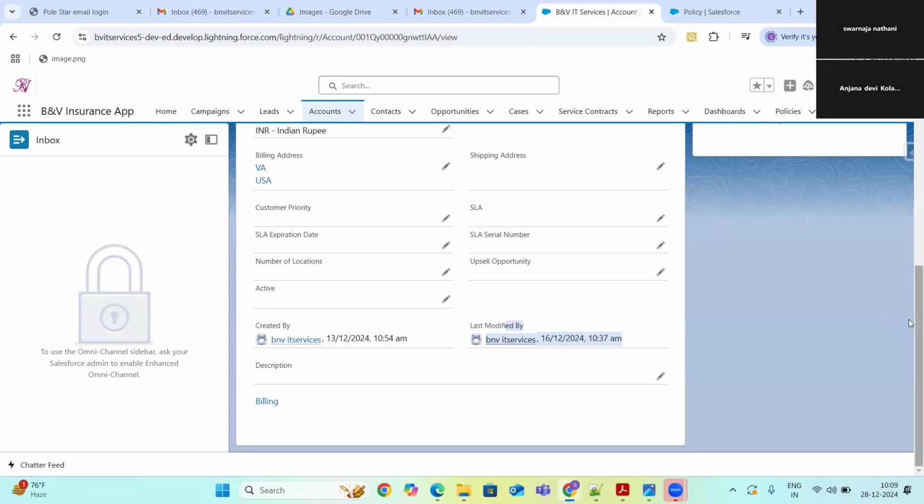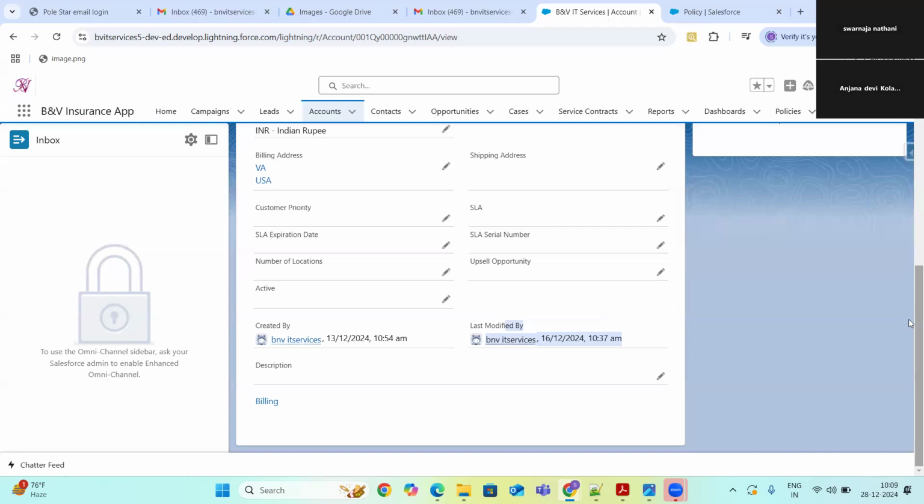Previously we have seen that as a system admin, I can log in as another user using the login link. Even though I don't have the other user's credentials, using the login link I can log in as another user, right? He was aware of that functionality. Actually, he did the change, but that caused some issue. So he tried to escape and started saying that maybe, since we have the login functionality for system admins, any other person logged in as the system administrator, so they might have changed it. I haven't done the change.